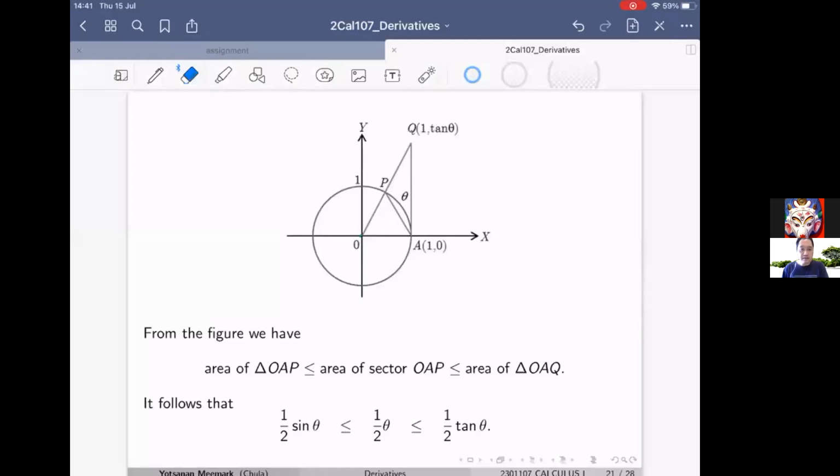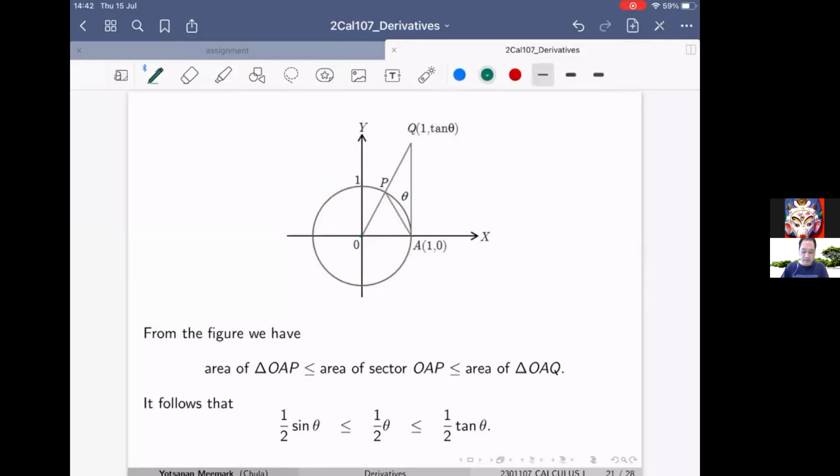Hello everybody, this is the third video clip for chapter 2, and we are going to find a derivative of a trigonometric function, especially the sine and the cosine. So from the definition of sine and cosine, which is defined on the unit circle, you remember,